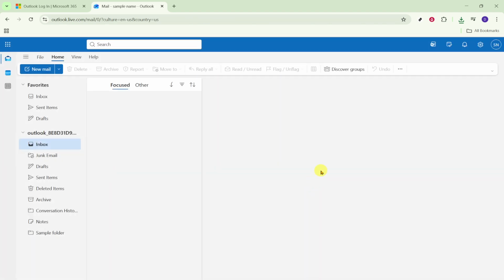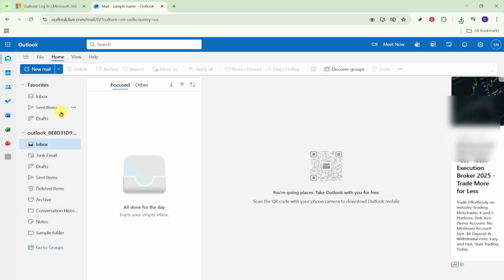Once you're in your inbox, look to the left side of the screen for the folder pane. This is where you'll see Inbox, Sent Items, and any other folders you already have. If you don't see this pane, try expanding your browser window or look for a small arrow to reveal the